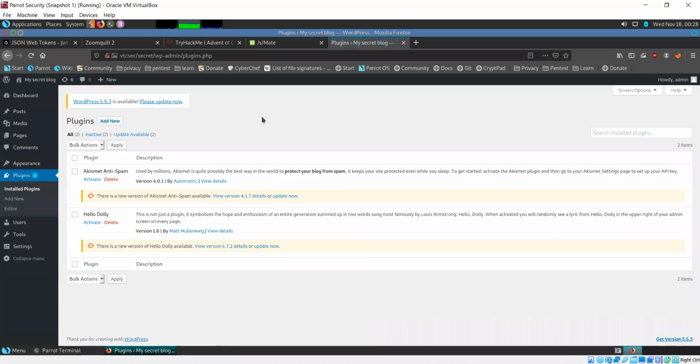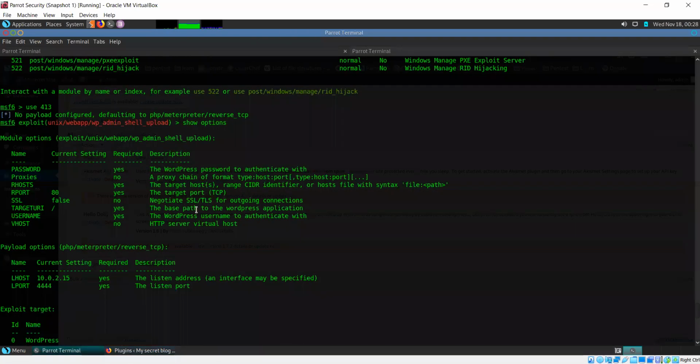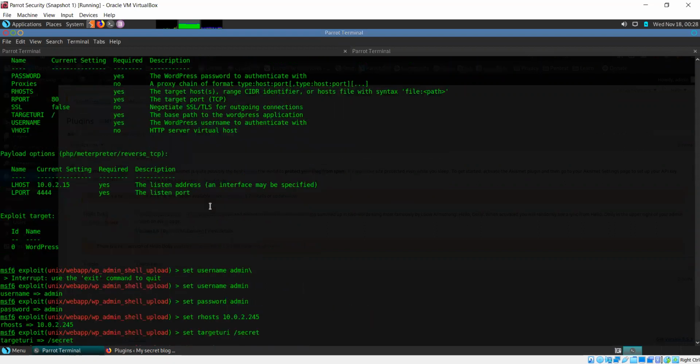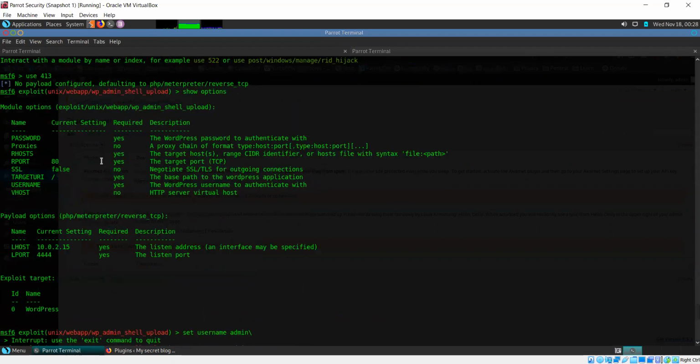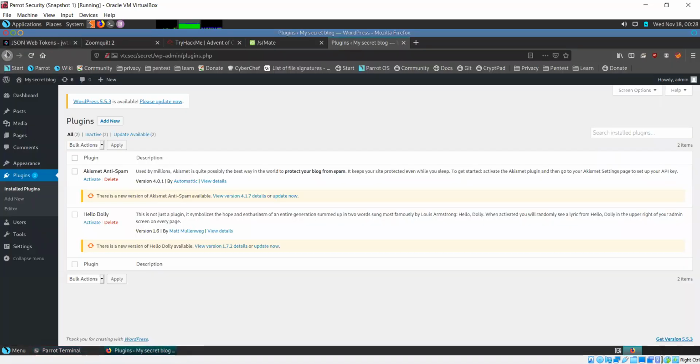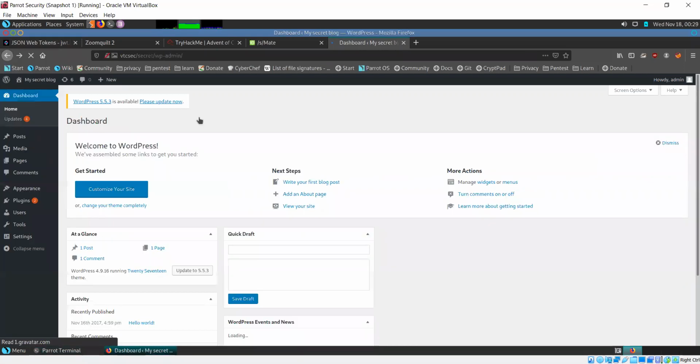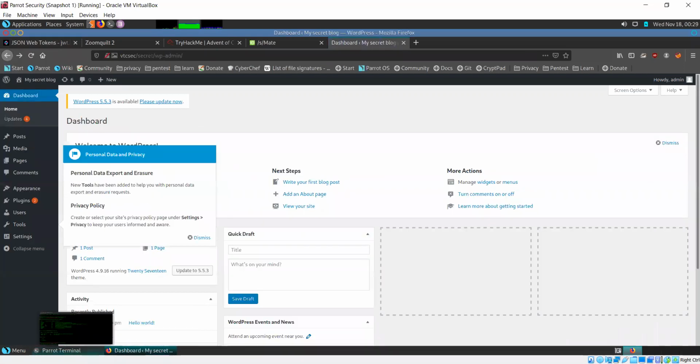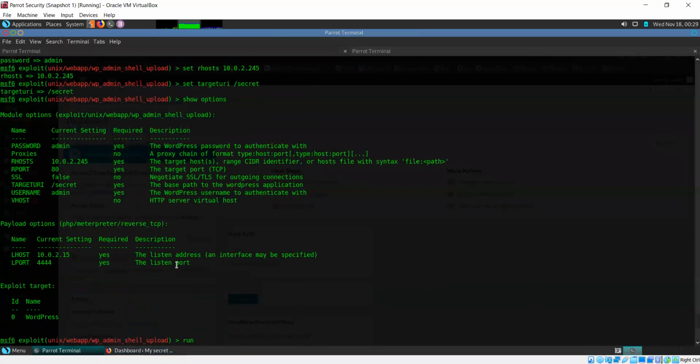Okay, so what this exploit does is it logs in as the admin and uploads a file which it gets the web server to execute. Since it is a WordPress admin, it is easily able to upload stuff to the web server. So it's running a PHP file and using that to get a shell.